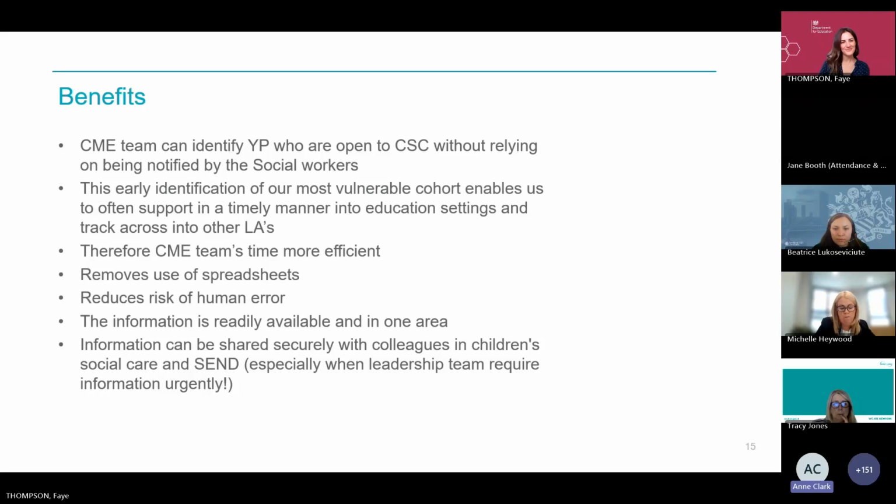So the benefits. Well, Michelle's already mentioned one, the fact that it supports her in a timely manner. But really, for us, it's key knowing our young people who are open to children's social care, even though I do feel that Oldham have a really good relationship with social care. However, just being able to know our numbers at the touch of a button is absolutely fantastic, and we can